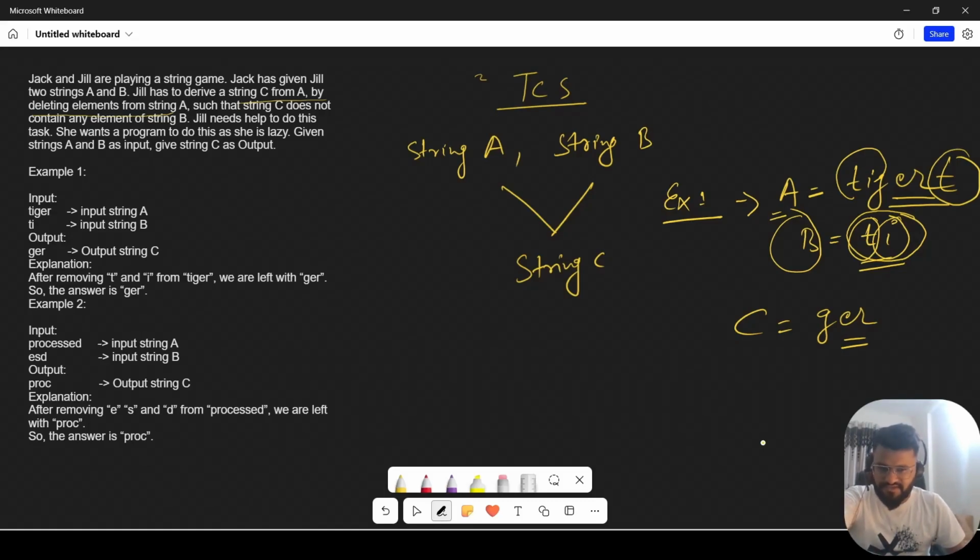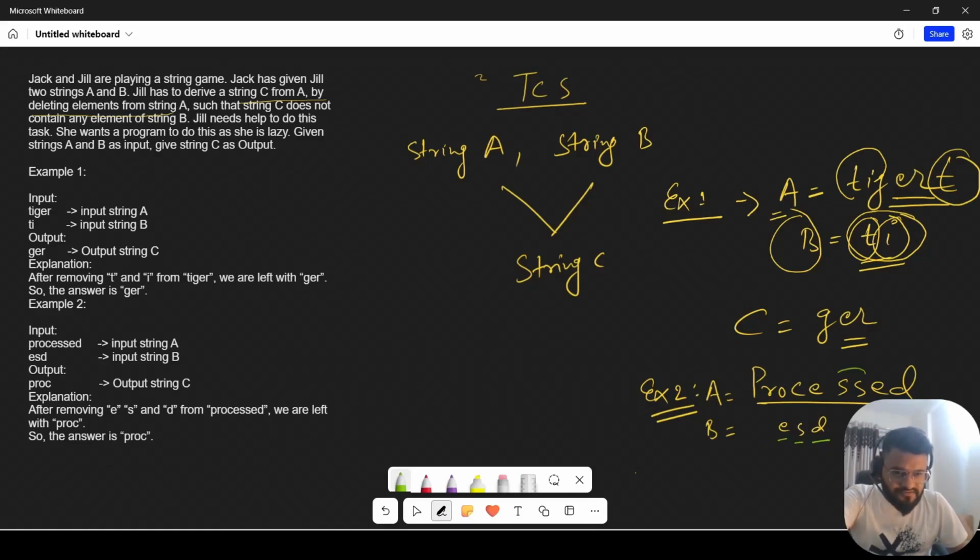Let's see what is example 2. Example 2, if you see, this is PROCESSED, processed. Okay. This is your string 1, or you can say A. Now what is the string B? So this is EST. Okay. So simply guys, you have to see in string A, if we have E, S and D characters. Okay. So this is S, this is E, this is D, this is E. Okay. So we need to delete all these characters. Okay. So what is going to be your C string? That is going to be